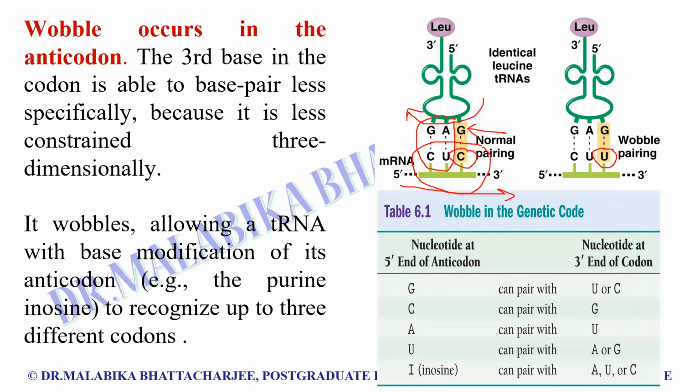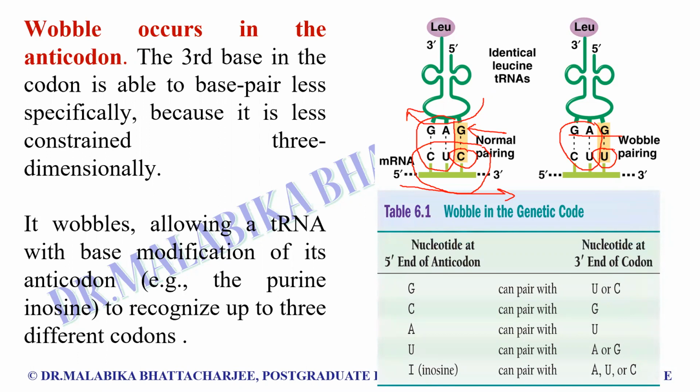Here we are seeing a normal pairing. We have the anticodon of leucine read as GAG, so its normal pair is CUC. So it's a normal pairing. But we have an anticodon of GAG, and now the codon of leucine is CUU. G normally pairs with C, but G does not pair with U. There's a normal rule. But since the first 2 bases have more or less paired strongly,